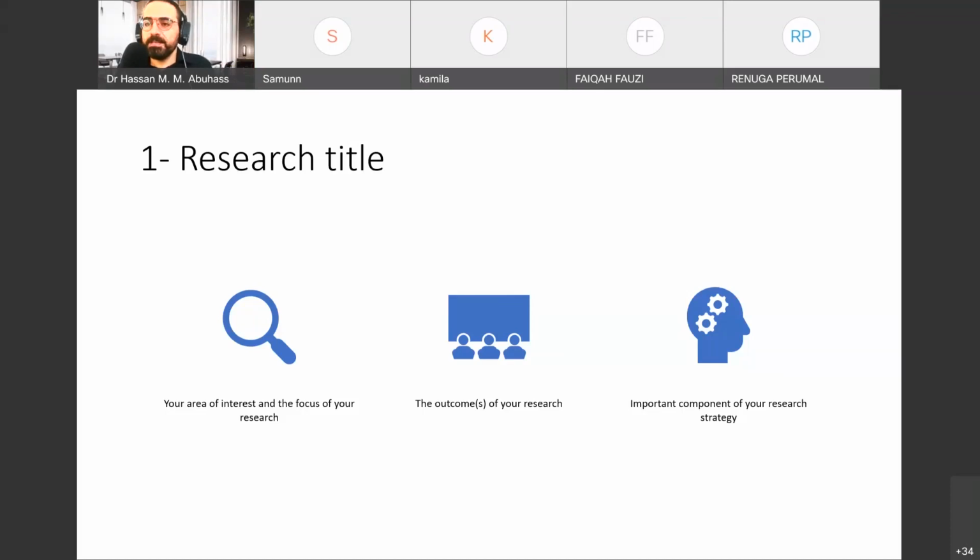Then the second component is the outcomes of the research. You need to highlight what the contribution of this research is going to be. For example, if you are going to develop a framework, or you're going to design a module, this needs to be highlighted in the research title. And then obviously,